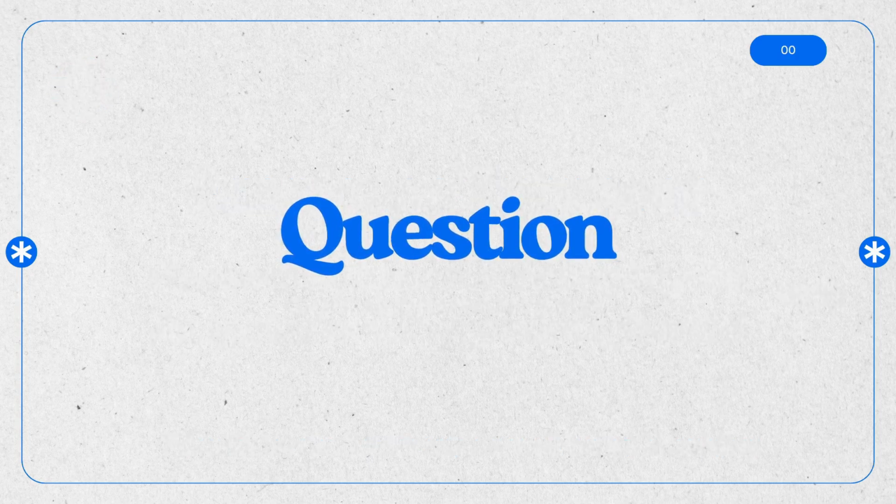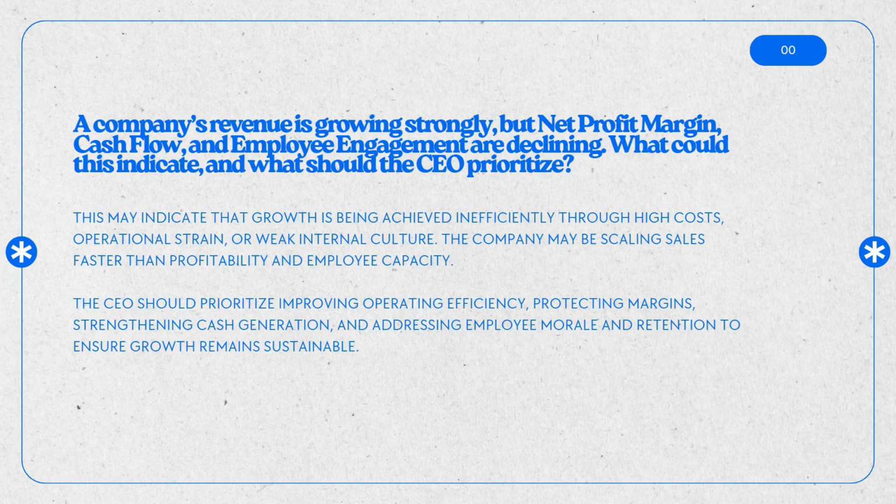Next coming up is your question. The question says the company revenue is growing strongly, but the net profit margin, cash flow and employee engagement are declining. What could this indicate and what should a CEO prioritize? This may indicate the growth is being achieved inefficiently through higher cost, operating strains, or weak internal culture. The company may be scaling sales faster than profitability and employee capacity. The CEO should prioritize improving operating efficiency, protecting margins, strengthening cash generation, and addressing employee morale and retention to ensure